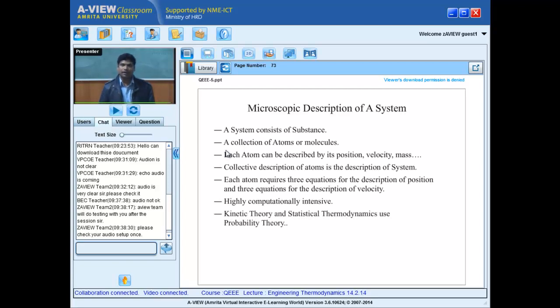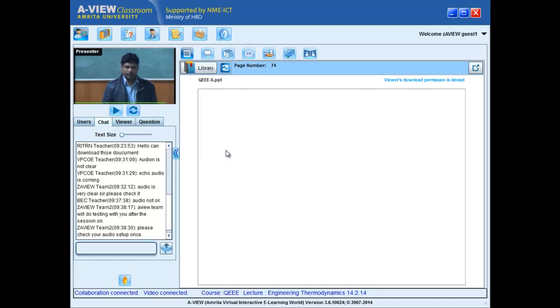Molecular dynamics is one subject. Kinetic theory is another subject. All of you might have learned the kinetic theory of gases, the kinetic theory of substances, in fundamental physics. Even temperature is defined as the microscopic kinetic energy of an atom or a molecule. Similarly, there is statistical dynamics, which uses probability theory to understand. These are the ones.